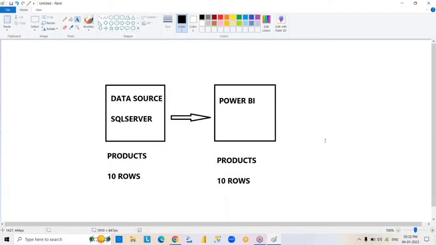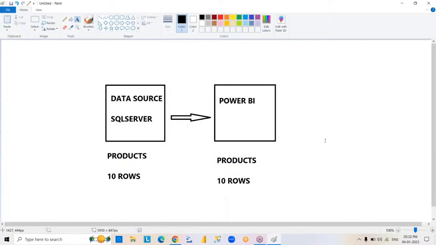Excel files, Notepad files, Word files, WordPad files. Like this, we have different types of files. Right, Annie? So whether you are going to retrieve data from databases or files,